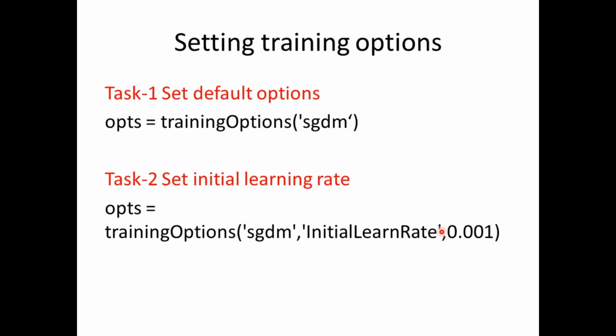This number, 0.001, we will learn and set based on our experience of how the output is modifying and how the neural networks are behaving with respect to the training data set. So it is purely based on the application how we choose this initial learning rate. Initially we will keep it very small so that it will learn better. So training options, initial learn rate set to 0.01.